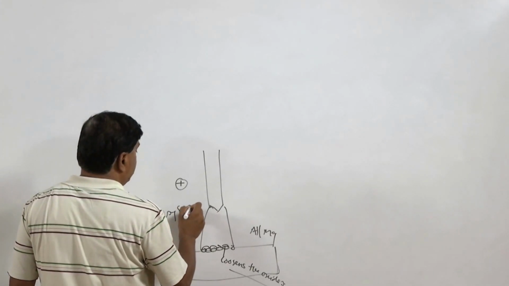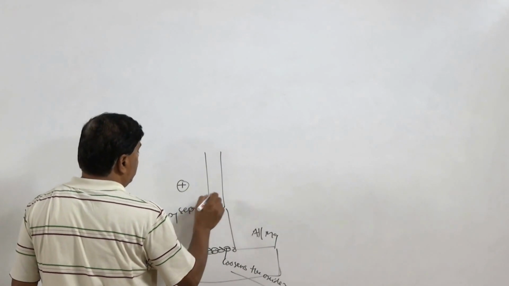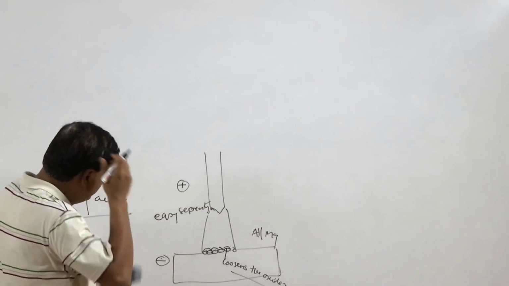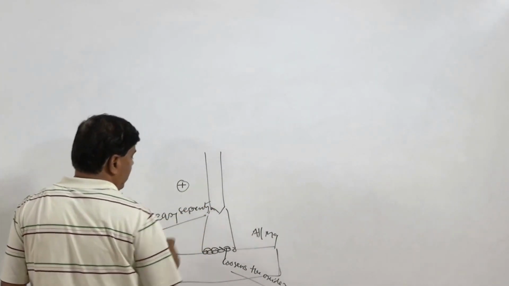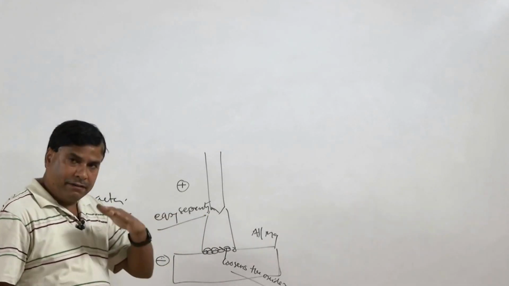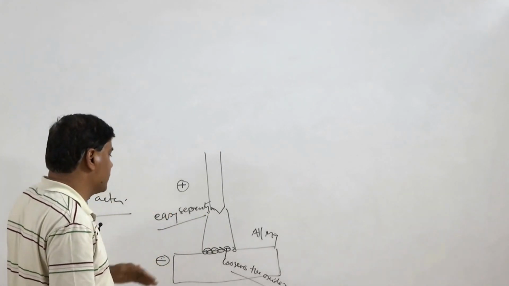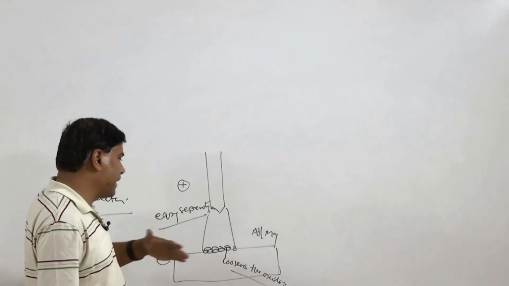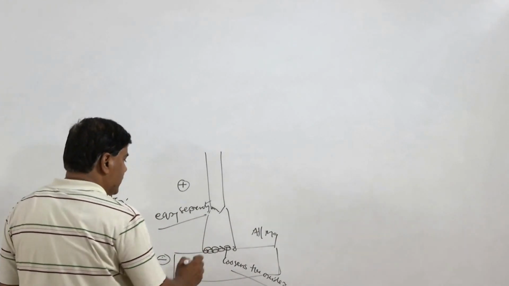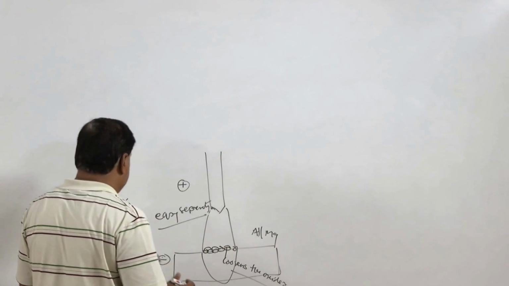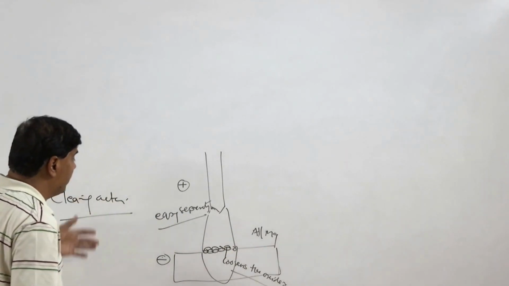This loosening of the oxides due to the mobile cathode spot helps in easy separation from the molten metal, and because of this these oxides start getting floated over the surface of the weld pool, and so they can be separated easily. So, this is the advantage of using the polarity favorably.